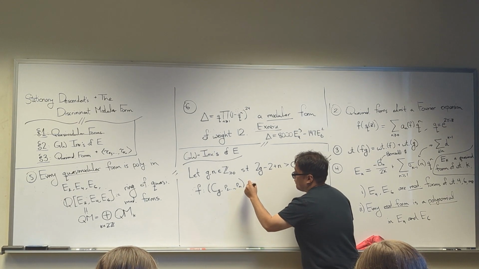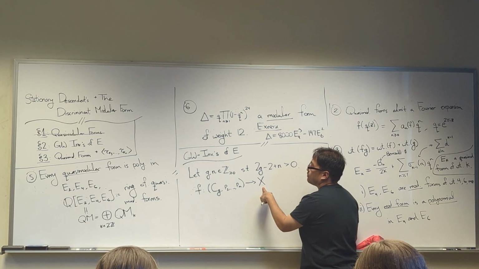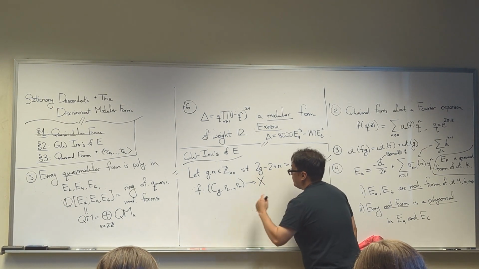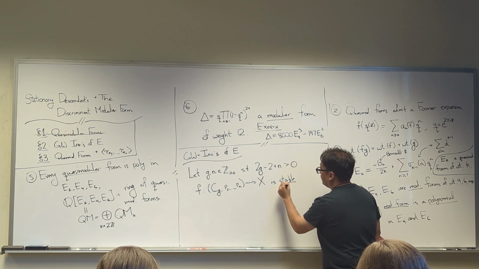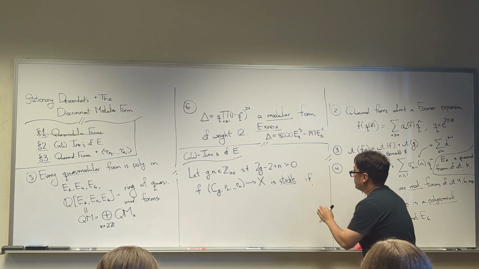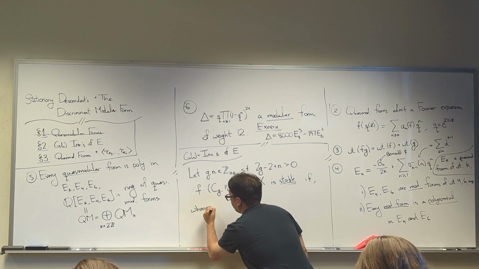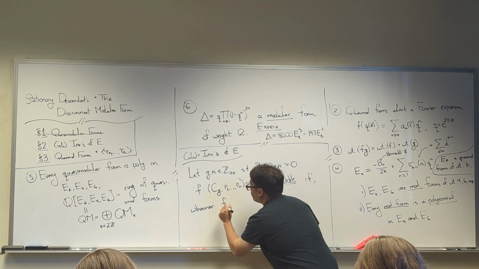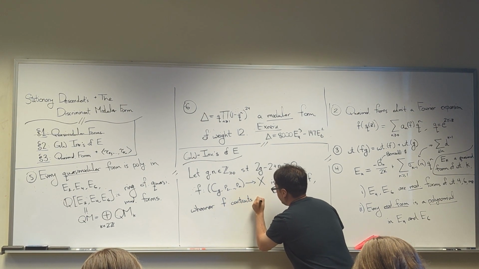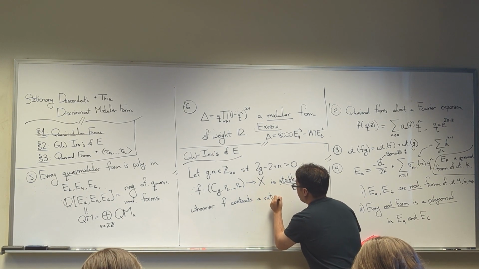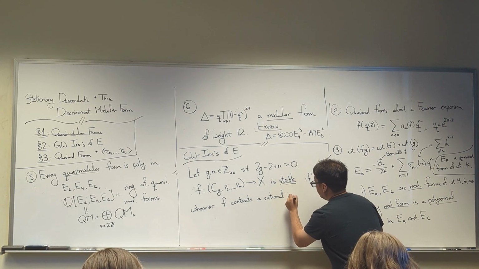If I have a map from such a curve to a smooth projective variety X, I'll say that this morphism is stable if it has the following property: whenever f contracts a rational component, a genus 0 irreducible component,